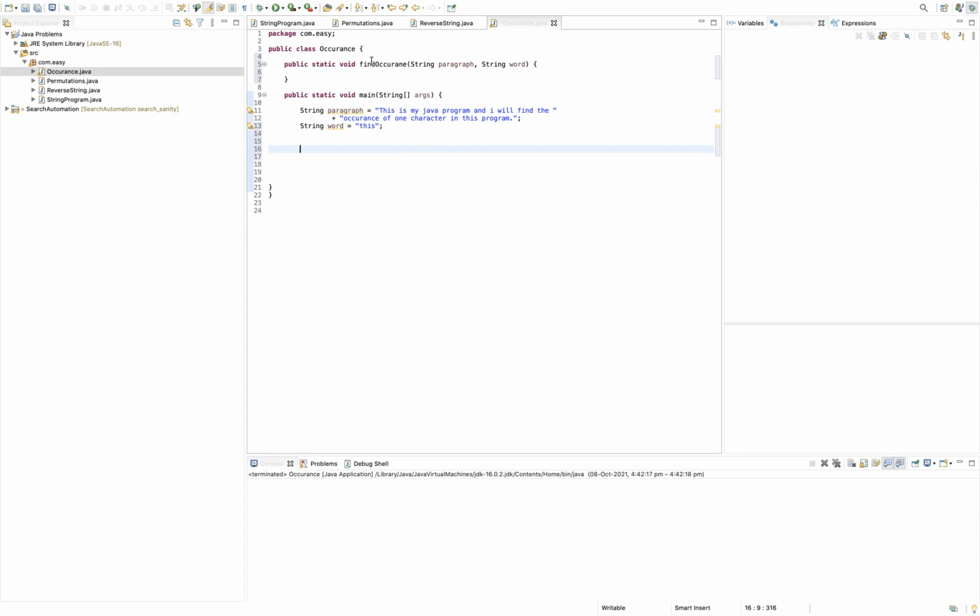I will call this method in the main method, and we are passing the input parameters as paragraph and word. As it is a static method, we are not going to create the object of this class.